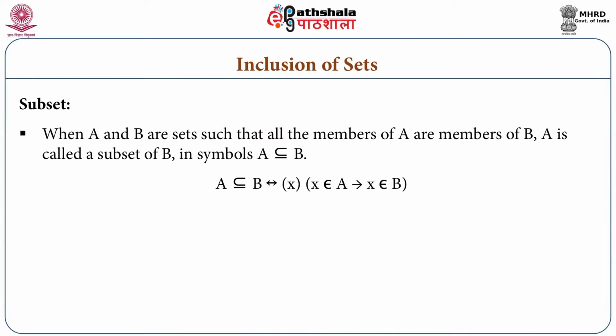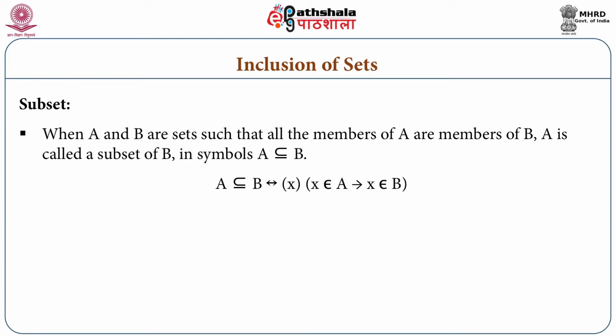Symbolically put, it is A ⊆ B, something like C underline and then B. And more technically defined in terms of logical language, A is a subset of B if and only if, represented by double arrow,